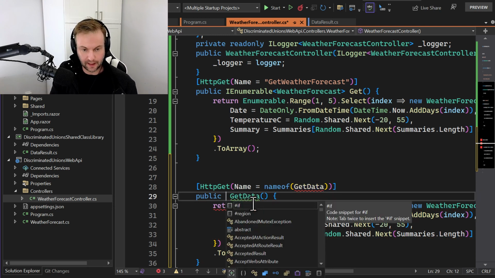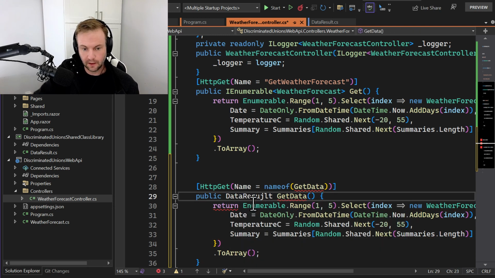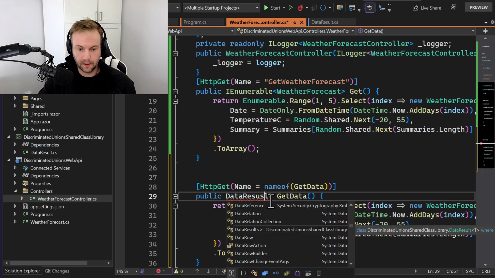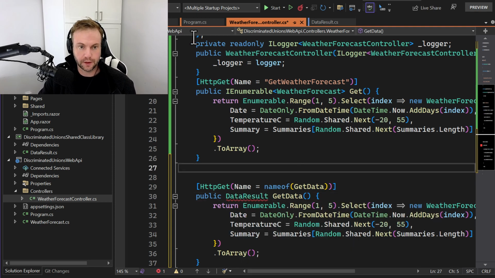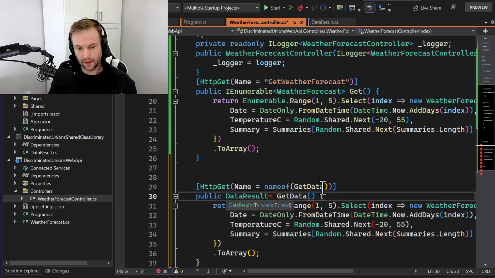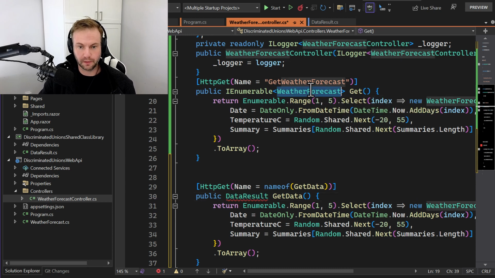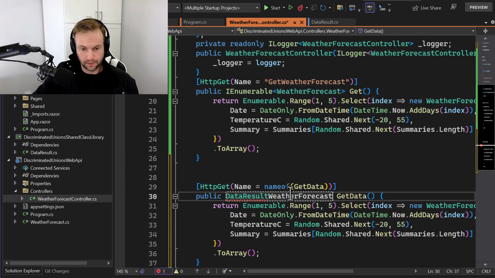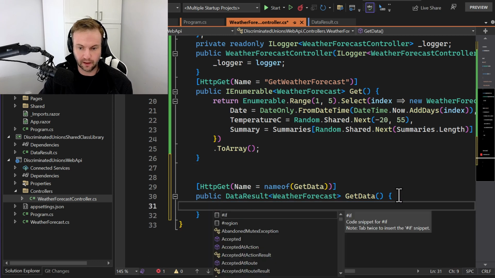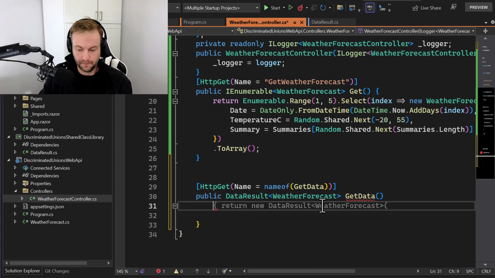So we'll say a DataResult, which is the object that I just made in this guy here. And it takes a T, so first off, WeatherForecast is actually a good example. So if it's newable, because there are some constraints on that, do Result of that. And then for now, just to make this thing satisfied,